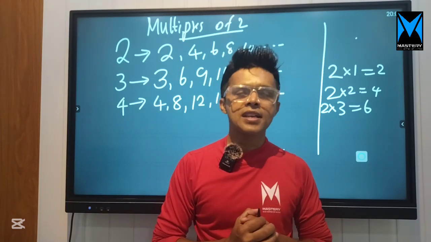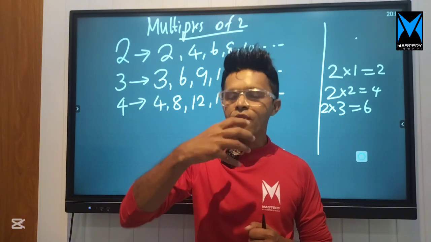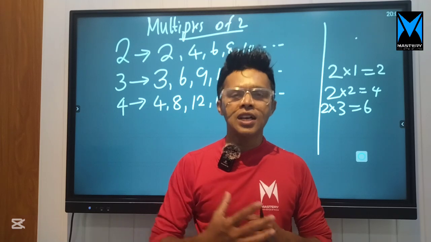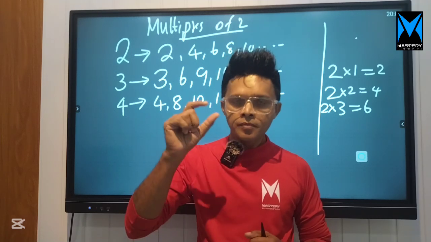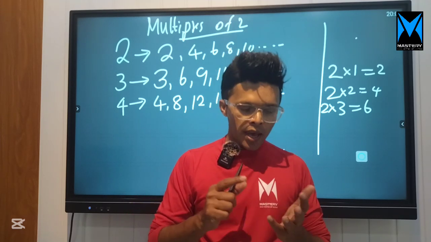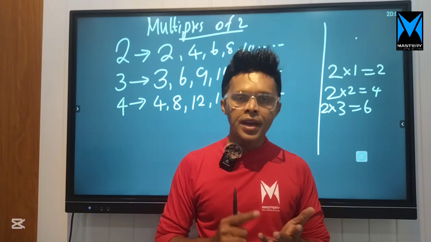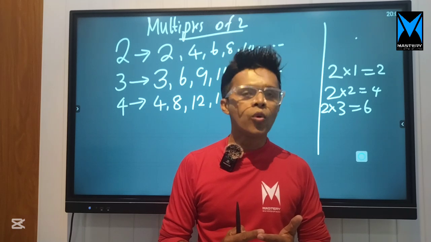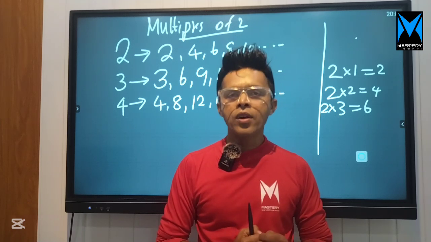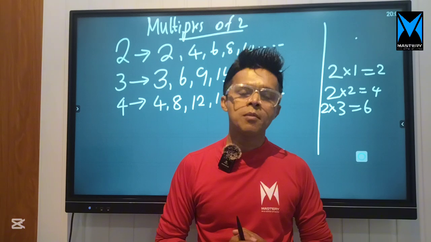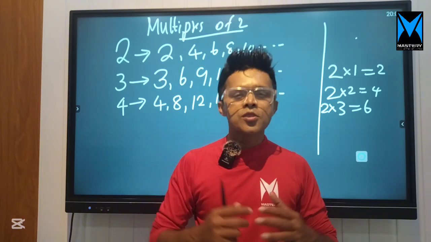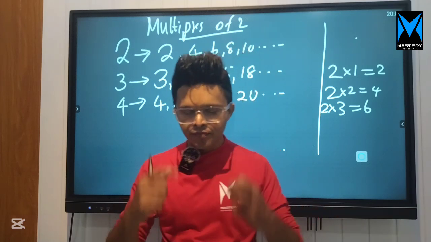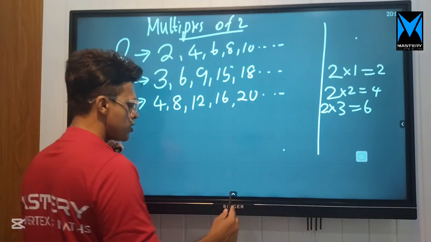Let's get the multiples of 8. Think of the multiples of 8. You could pause the video and tell the answer, right? You could think of the answers that we are going to get right now. Multiples of 8, yes: 8 times 1 is 8, 8 times 2 is 16, 8 times 3 is 24, 8 times 4 is 32, 8 times 5 is 40, 6 is 48, and so on. Those are the multiples of 8. So you could get an idea about the multiples of given digits. Our next point is,